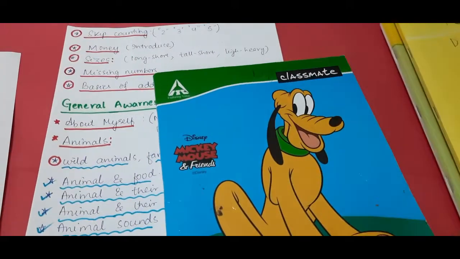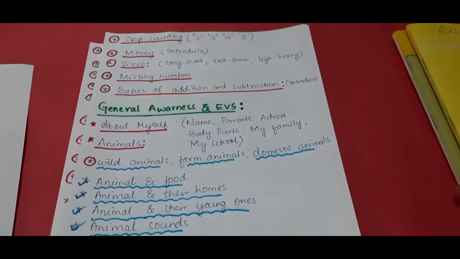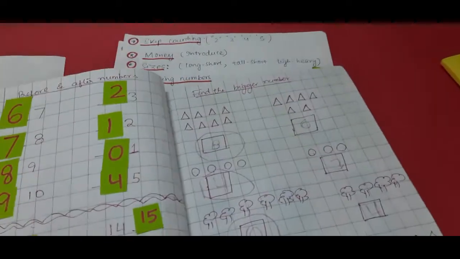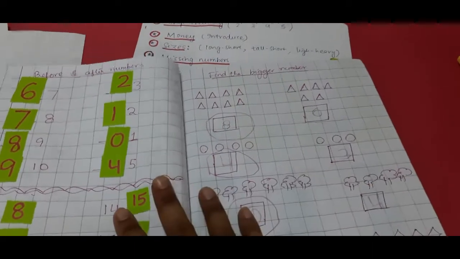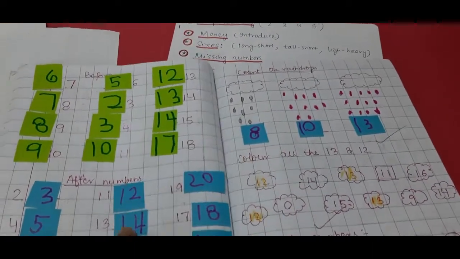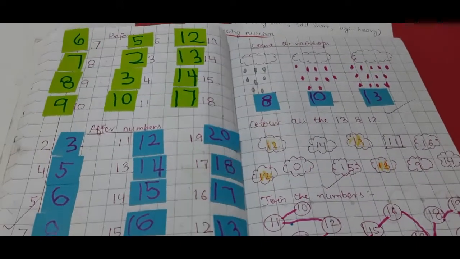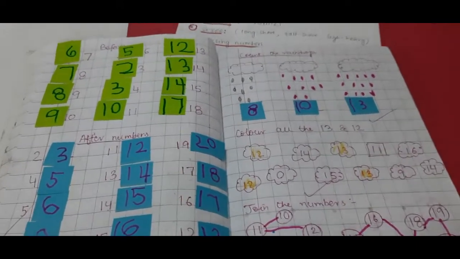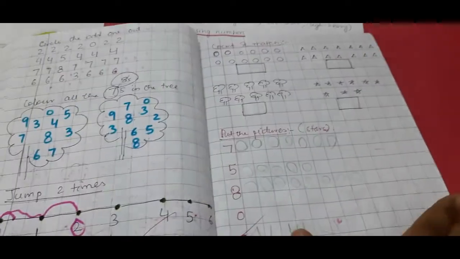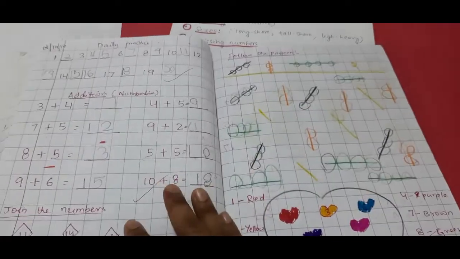So this is Anayaka's English notebook. I'll just be sharing Anayaka's maths notebook. So she has done a lot of activities, like this is finding bigger and smaller numbers. I have made her do it in this way so that it will be easier for her. She won't feel bored with this. This is color the number, identification of number. So I'm just showing a glance of everything.